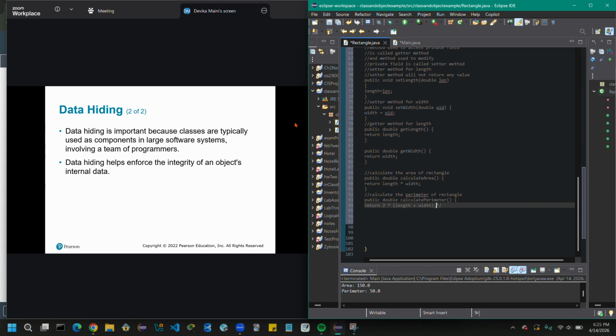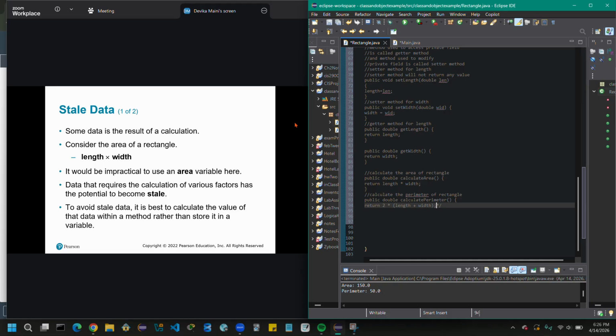Data hiding is important because classes are typically used as components in a large software system involving a lot of teams of programmers. So hiding helps enforce the integrity of an object's internal data.